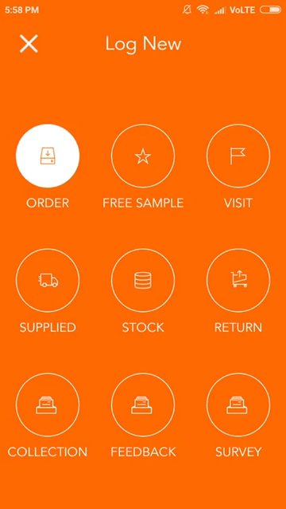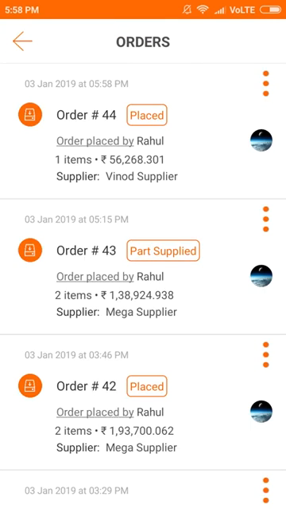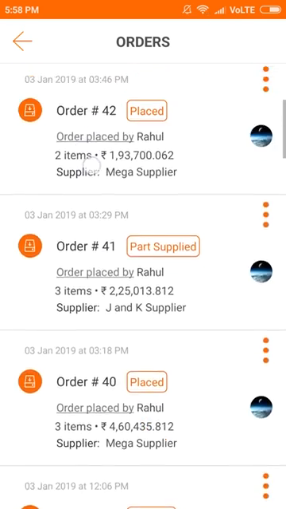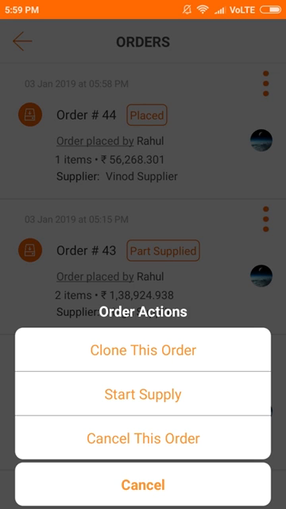Next is supplied activity. Here you can see the complete list of orders with its current status. Once you click on a particular order's action button, you will be able to clone the order, start supply or cancel the order. Let's start with supply activity.